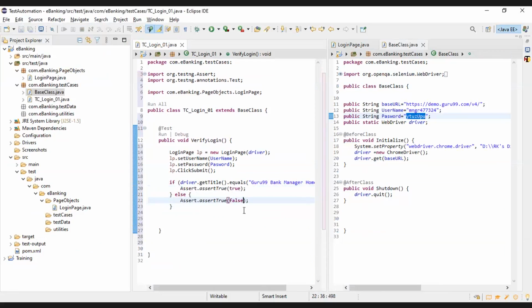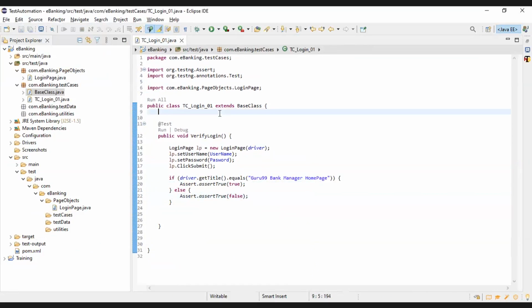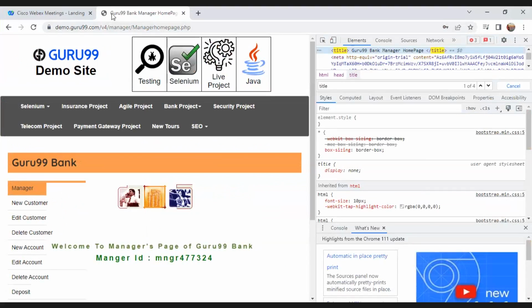So once you complete this, that means your base test case is done. Okay, I'm closing everything now. I wanted to run this particular test case. Okay, I'm closing all the windows which are